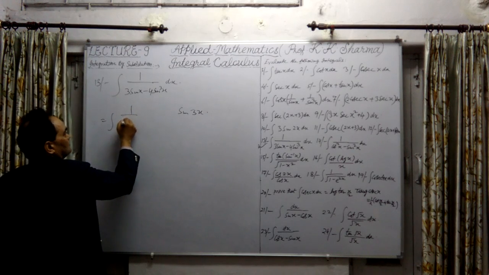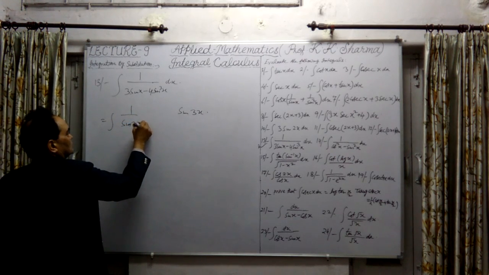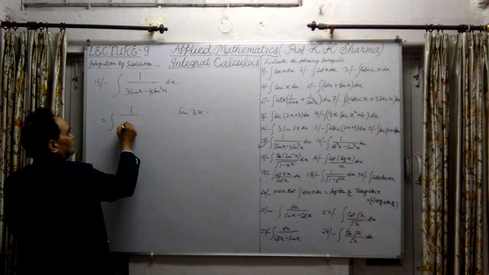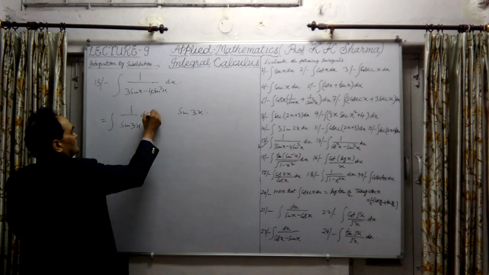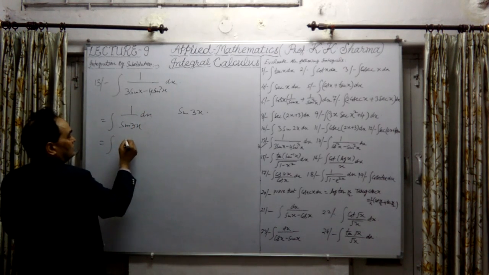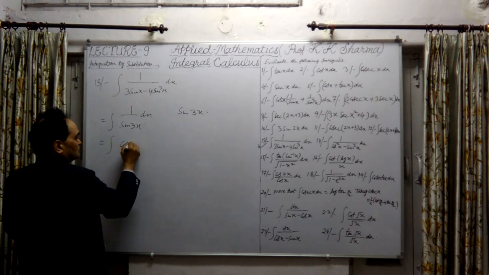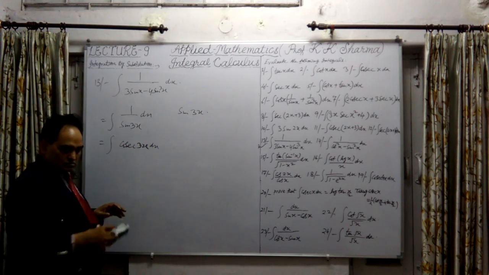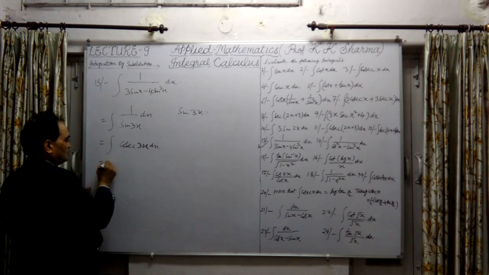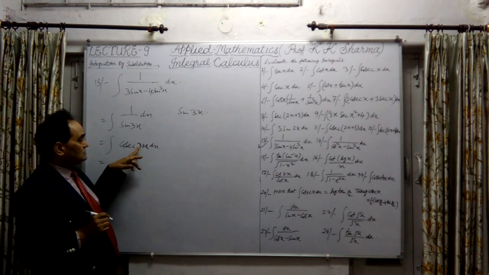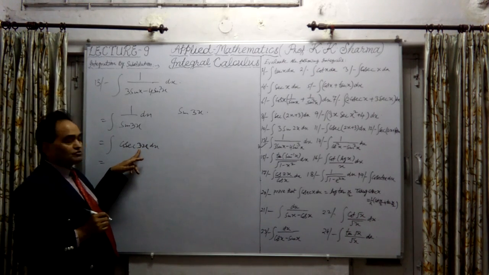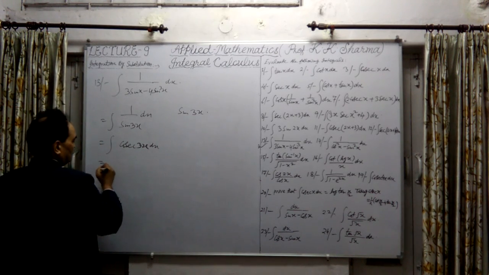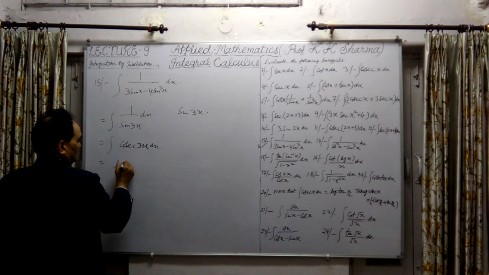It can be written as 1 upon sine 3x. Okay, this is the direct formula for sine 3x. I'll just solve it. The final value will be dx upon sine 3x, which means cosecant 3x into dx. Okay, now it can be integrated. Here x is multiplied by coefficient 3, so the answer will be divided by 3 finally. The answer will be in terms of log, if I take, it will be log of